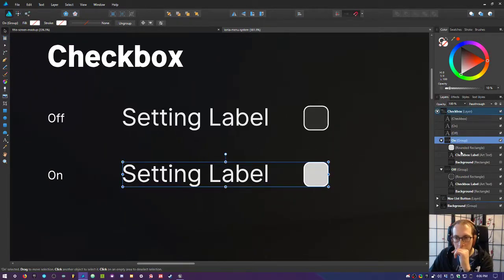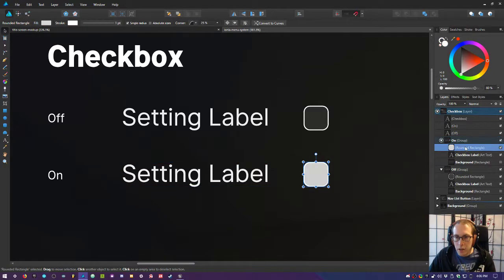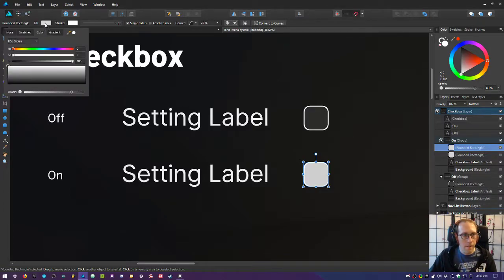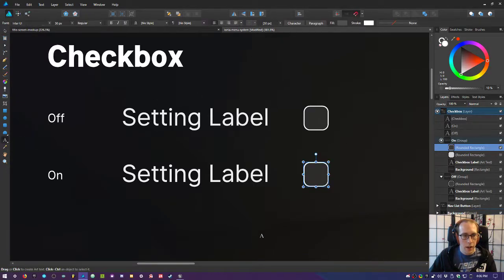I could also do a style where I leave the stroke and leave the fill transparent, but then add an X or something like that. This could work. So like this, and then